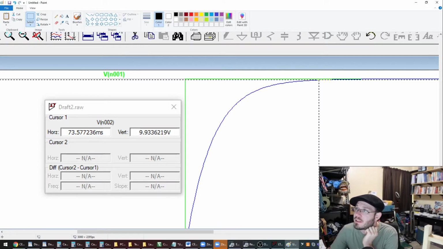Yeah, once the cap is done being charged, your cap's not going to be able to charge to a higher voltage than what you're applying from the circuit, right? So if I'm applying 10 volts, there's no way I'm going to get 11 volts. I'm not going to get 12 volts. Similarly, I'm not going to get 8 volts because I'm still applying some force to push charge onto those capacitor plates